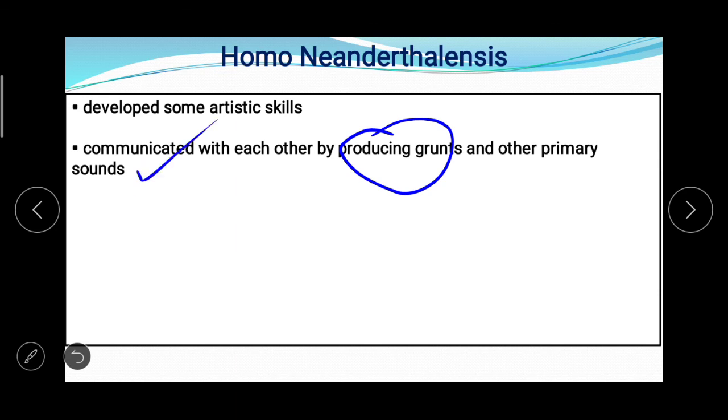तब तक communication start नहीं हुआ था. जैसे आज हम number of languages we have, अलग अलग स्टेट की अलग अलग लैंग्वेज, अलग अलग देशों की अलग अलग लैंग्वेज, अलग अलग लोगों की अलग अलग लैंग्वेज, टू मेनी लैंग्वेजेस टुडे वी हैव, लेकिन ऐसा पहले नहीं था. सो कम्युनिकेशन बेसिकली स्टार्टेड विद द होमो निएंडरथल इन साउंड. वी कैन से